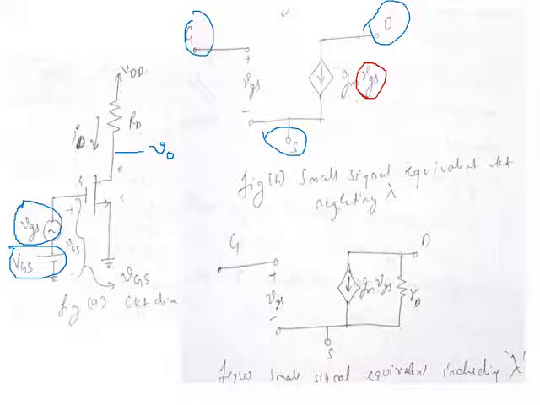This is the small signal equivalent model, neglecting the channel length modulation. If I neglect the channel length modulation, I have to consider the output resistance as infinity, since the resistance offered by drain to source will obviously be very high. But if I consider the channel length modulation, then I have to consider one finite resistance between drain and source. That resistance I name as small r subscript o. So you have to remember both diagrams.